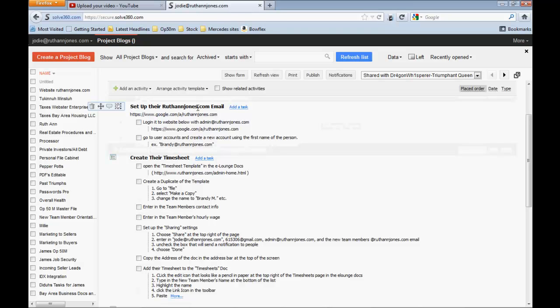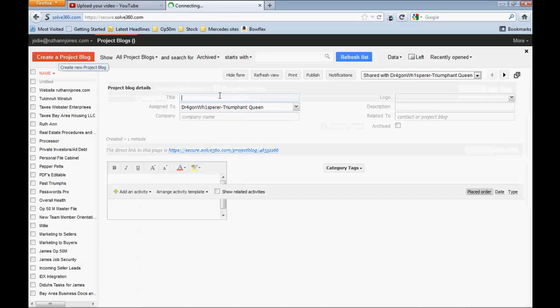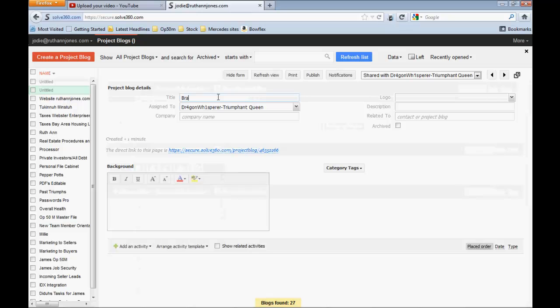So the first thing you're going to want to do once you are ready to work on setting up a new person is just log into your account, not Jody's, but log into your account on Solve 360, and then you can just name it. For example, we're going to use Brandy this whole time as our guinea pig, so Brandy Maxwell, new team member setup,